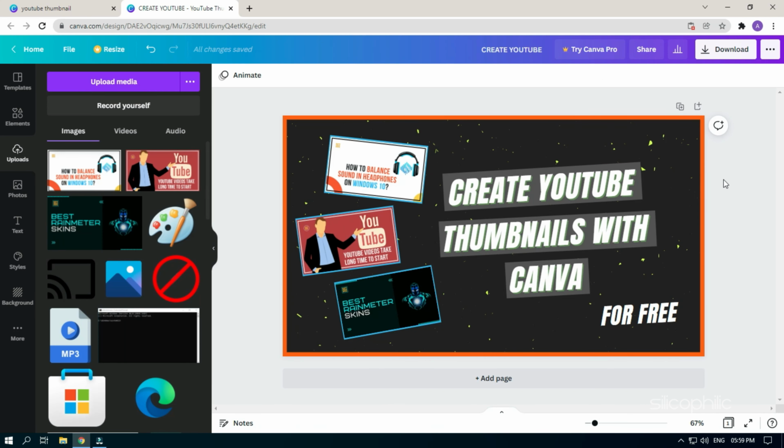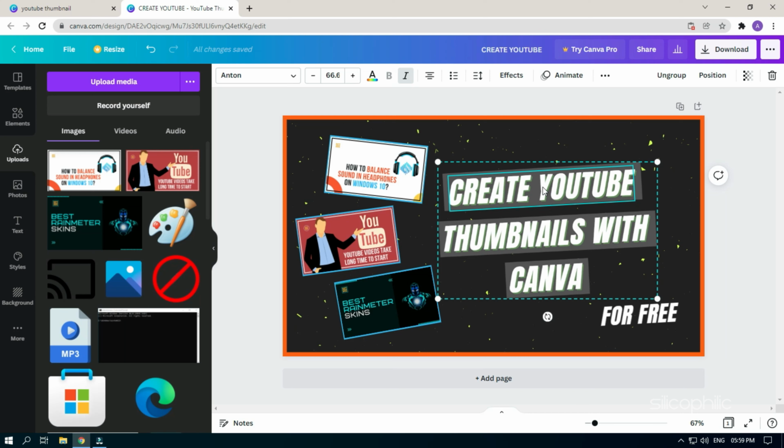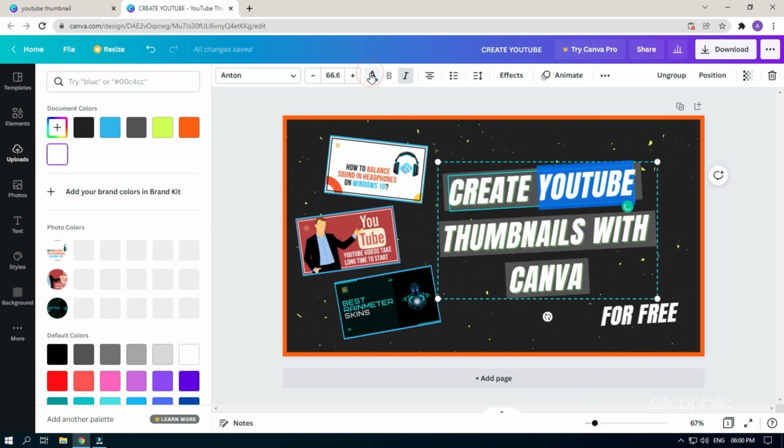Tilt the thumbnails to help them stand out. Highlight the important parts of the catchphrase. Use light colors to make it more eye-catching.